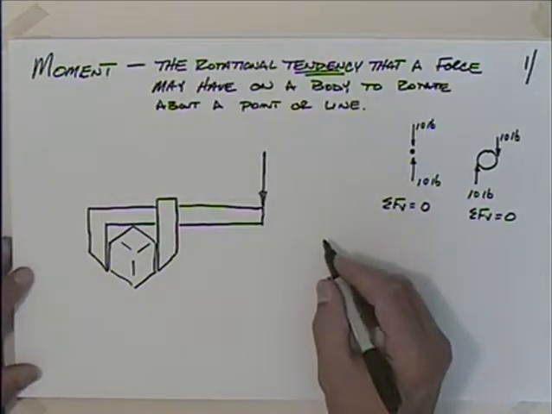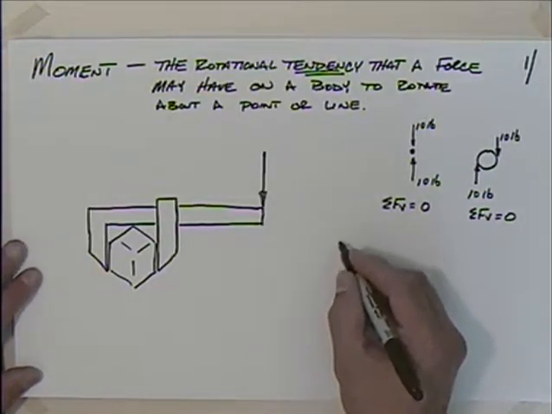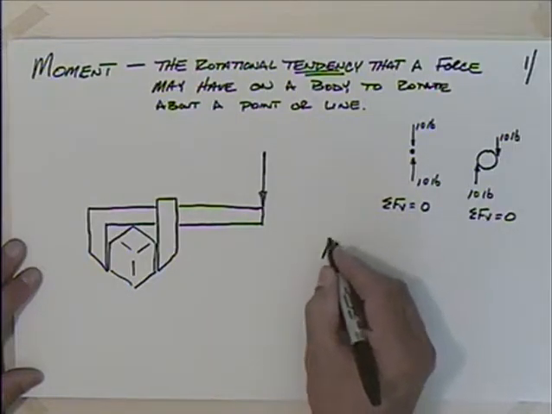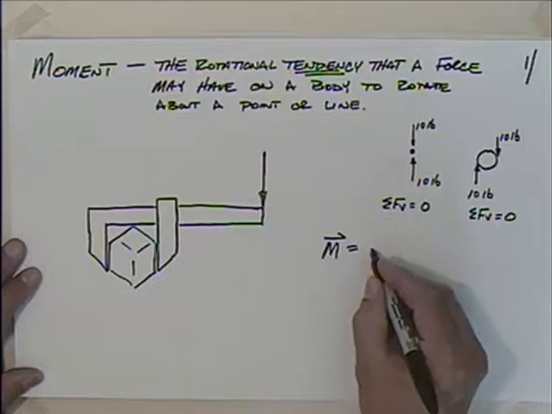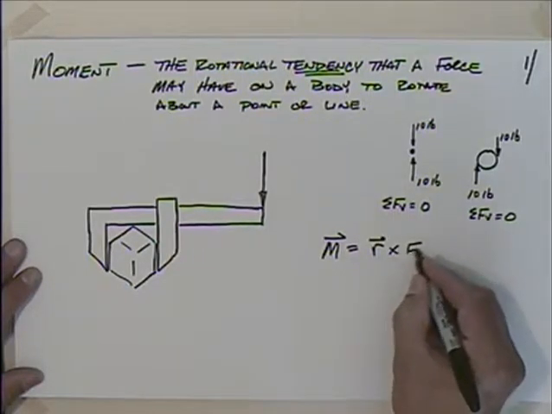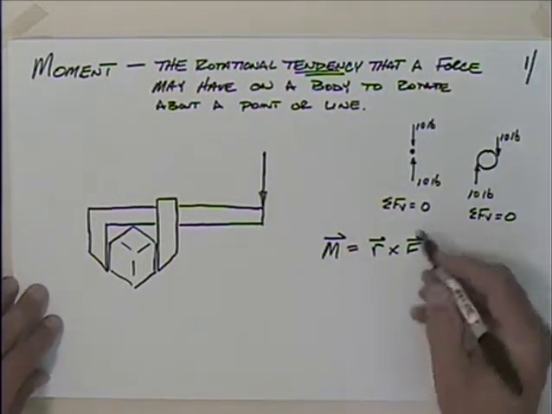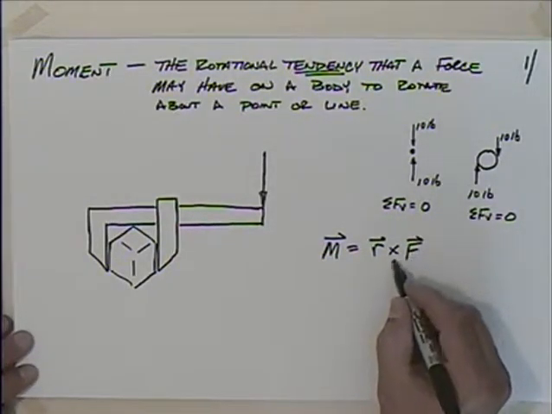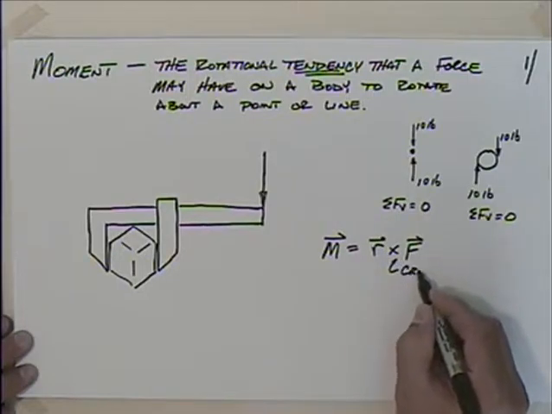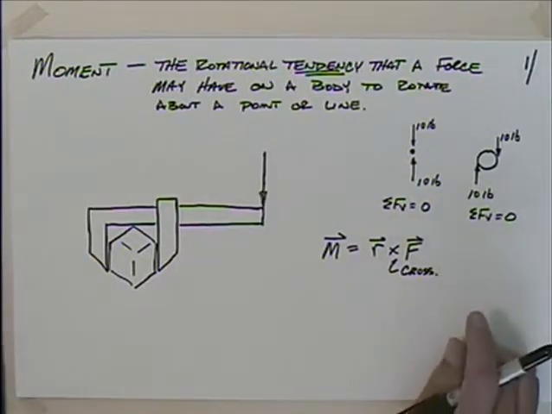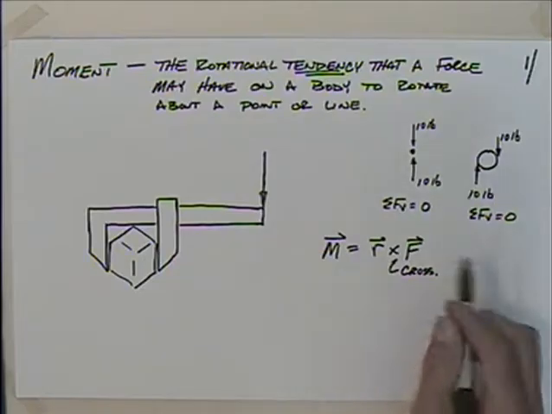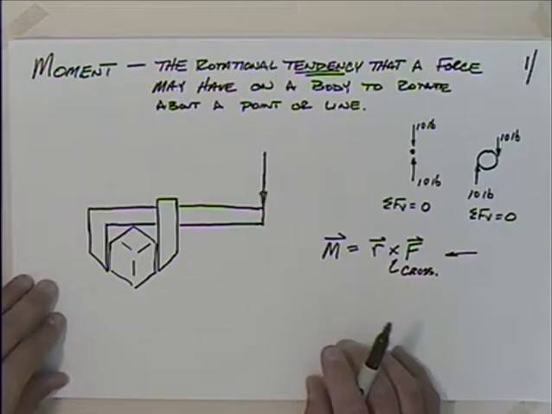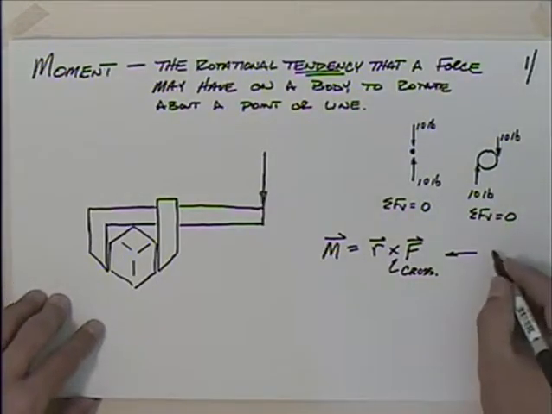Well, we can quantify the moment. Maybe I should introduce it in vector form first: the moment is equal to r crossed with F. When we start looking at three-dimensional problems, we're going to use this equation a lot. This is the cross product, so we'll have to do some development work on that. The reason I introduce it this way is we want to recognize that this is a vector. The cross product returns a vector, so the moment is a vector,